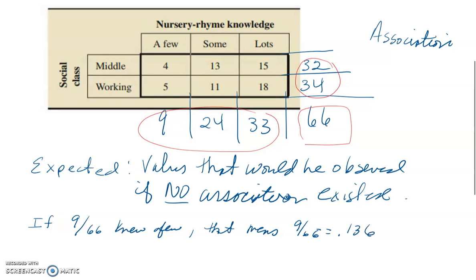So that means about 13.6% of the total knew a few nursery rhymes. Well, that 13.6%, if there is no association between nursery rhyme knowledge and social class, would be the same across both social classes, meaning